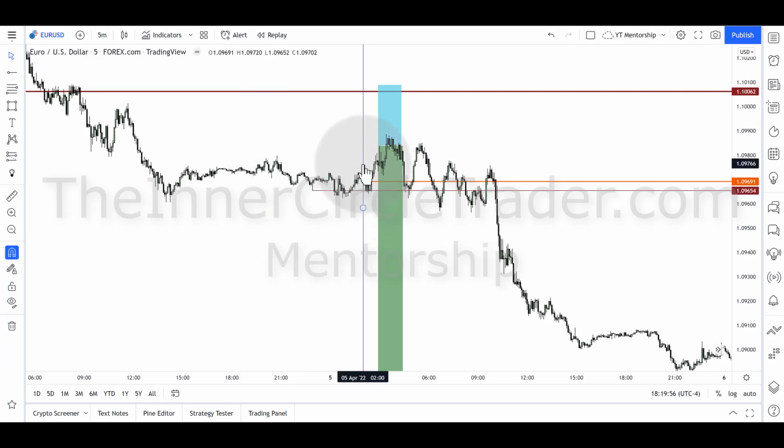So after 2 o'clock in the morning, you're looking for the market to create a short-term rally, which we're getting here. So once it starts to rally and it trades above the Asian range high over here, once that occurs,